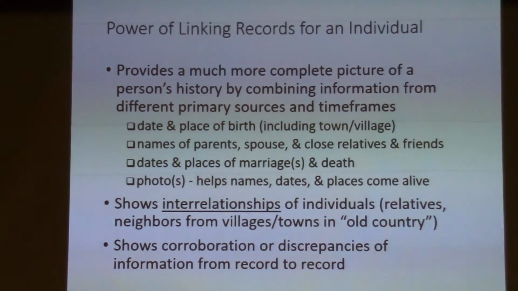Showing interrelationships. So when that person joined or came to the United States, they had to indicate who they were joining in the United States. That was one of the requirements on the form. It might be a brother, a brother-in-law, or a child. Okay, so that's on the record. And the other thing, very, very important, is whenever you get 7 or 8 records for that individual, 3 or 4 of those records might show a place of birth, might show a birth date. They're never going to match up exactly. The spelling is